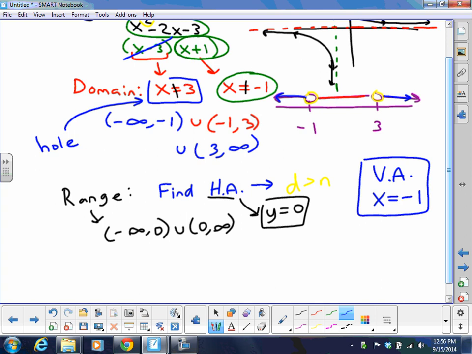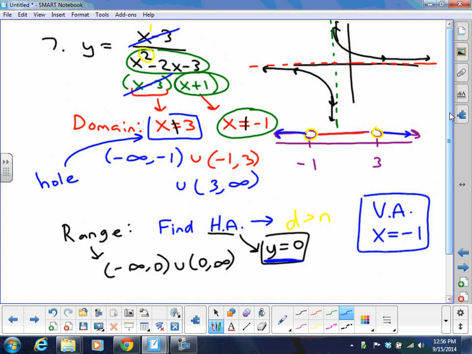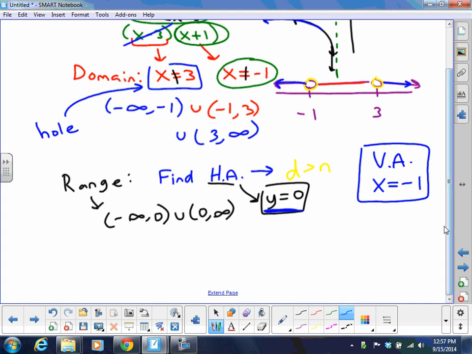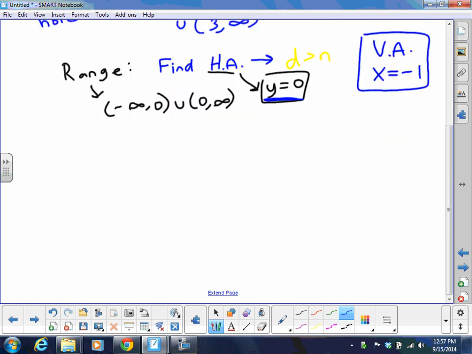Okay, we talked about horizontal asymptote being at 0. End behavior, that also goes with the horizontal asymptote. If you think about the picture of the graph on the ends, that's exactly what the horizontal asymptote is there to tell us. It's the graph is approaching that on both ends. So what we do for end behavior is we're going to say